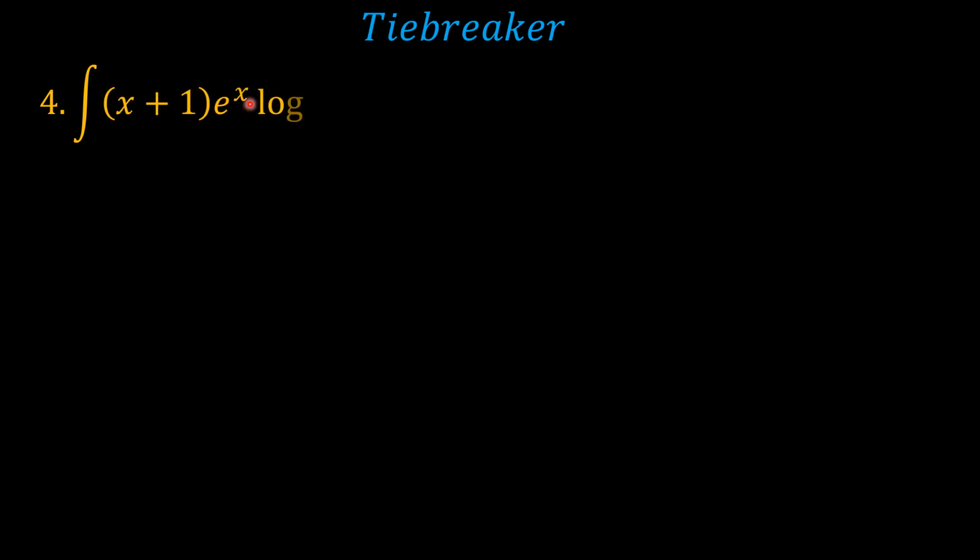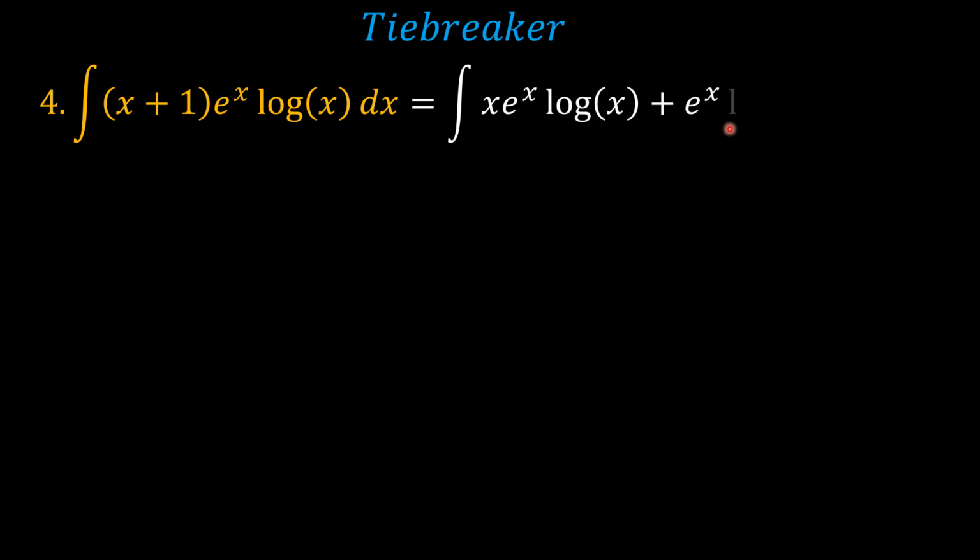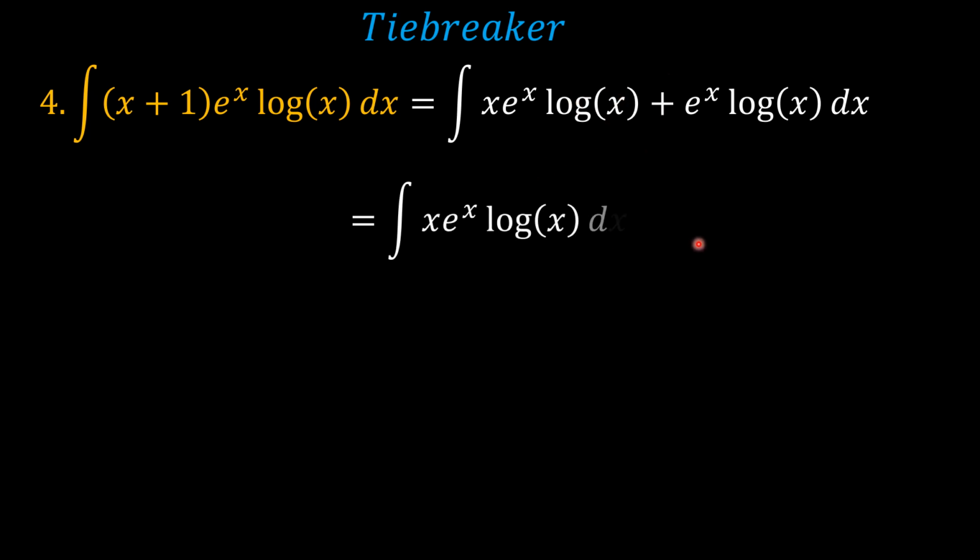The tiebreaker problem. This is an easy one. So first thing is, I would want to express e to the power x as the derivative of, let's first of all just expand it out. So we have x times e to the power x times natural logarithm of x plus e to the x natural logarithm of x. And so focusing on this first integral here, after dividing this into two separate integrals,